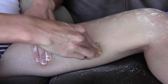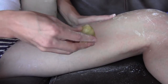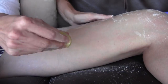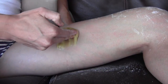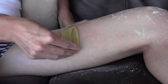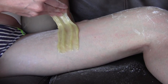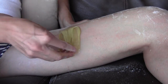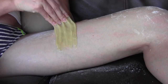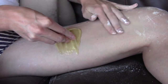And I guess when I say that specifically, I'm talking about the inner part of the inner thigh. Some parts of the legs don't really hurt that much, and then there's other parts of the legs that just feel a little more tender. One of the reasons that I find is just because where the skin is a little bit looser, it's going to snap a little more in the skin or just pull a little more in the skin. So inner thighs tend to be that little bit softer